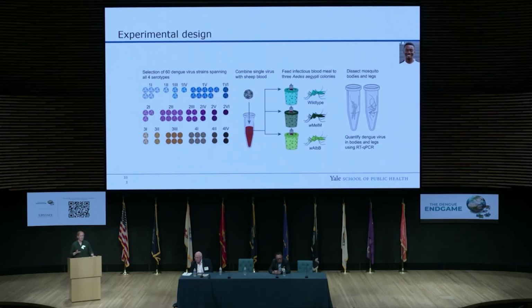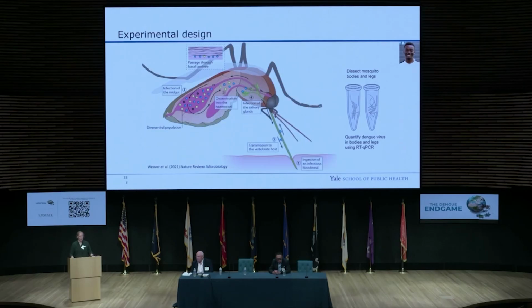We then infected those three colonies with every virus, in parallel, so they were all exposed to the same virus. A challenging thing with dengue and mosquito studies is that if you use fresh virus, you get the best infection rates, so that's what we did. This makes these experiments a lot harder because we cannot control titers all that well. So we tested everything in parallel, and after 10 days of incubation, we tested mosquito bodies for infection and legs for dissemination.